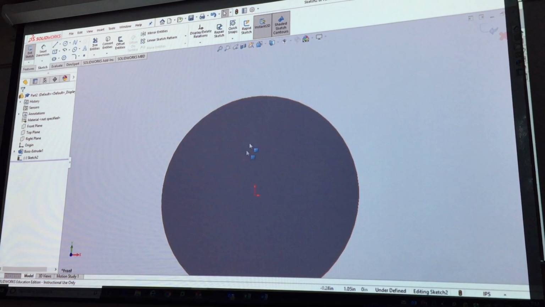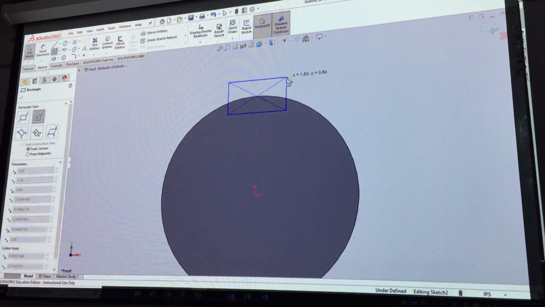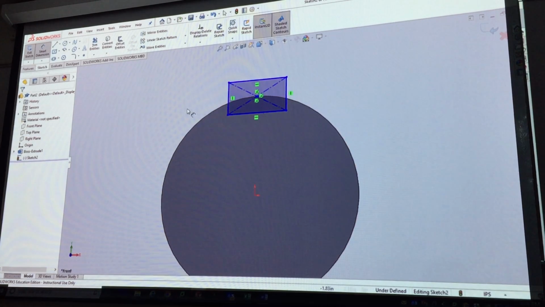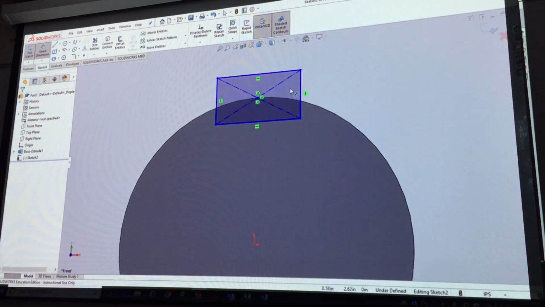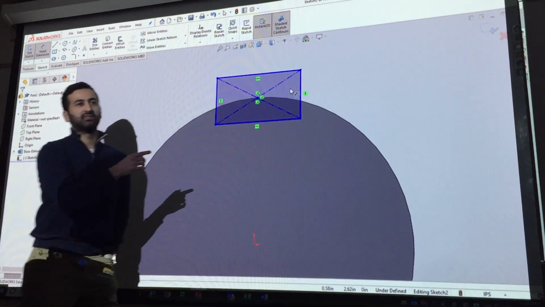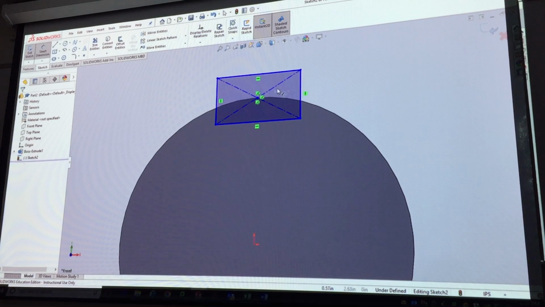Let's say I want to create an extruded cut up here. Say it's some kind of a gear. I'm creating the teeth. I'm going to, let's say I want to start a center rectangle, coincident with that arc. But I want my sketch to follow exactly the path of that circle. I don't want it to overhang. I don't want any outlines. So what I can do here,